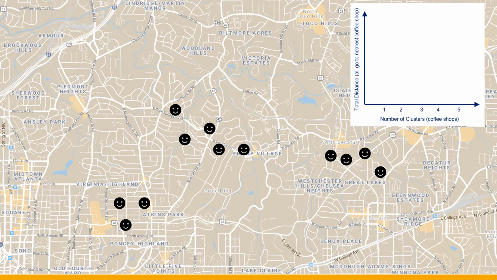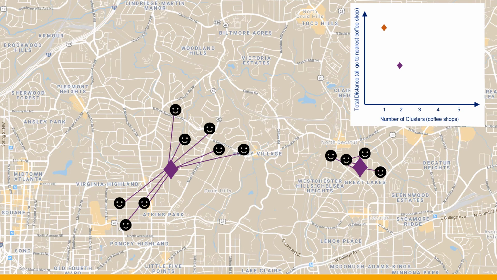The measure of homogeneity of the clusters is the total distance all customers collectively have to travel to get to their nearest store. We've created a graph in the upper right corner to plot the total distance traveled by all customers as we increase the number of stores. We begin by considering the case where we have a single store servicing all the customers. The store would be located at the center of all the customers in order to minimize the collective distance traveled. We add up the total of all the distances each customer travels, and plot that data point in our graph.